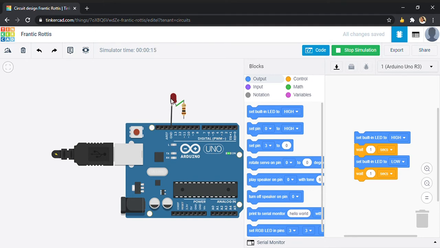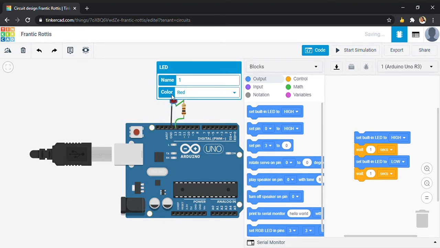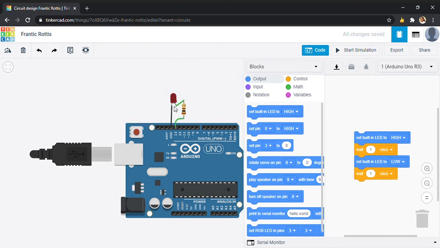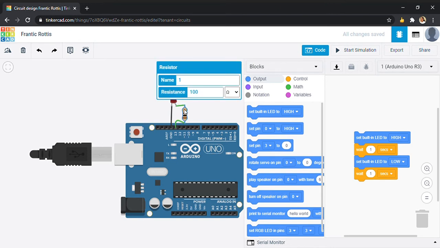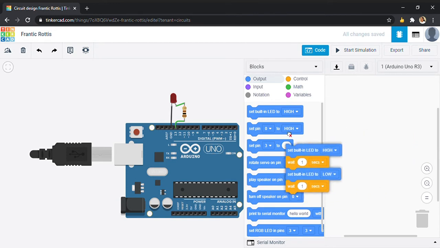Right now we are going to do the same for this one. Again, connect the terminal of the resistor to the 13th pin. So I'll stop the simulation. Let's do this one, and there we go. You can drag it like this and make it a little bit more stable. Right. So whatever code you have over here, to delete it, just move it over here.